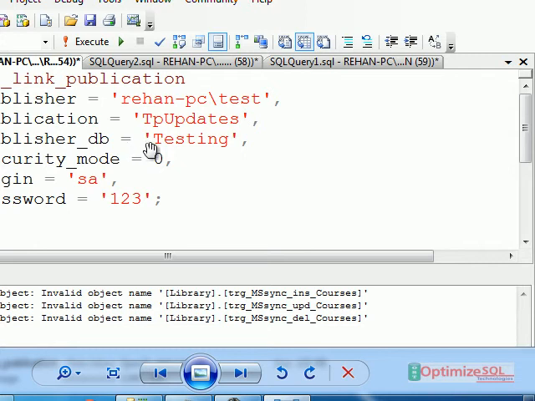What do we mention? Optimize in our case, for example. Database name. Next one is security mode, same, 0. Then login name SA, password 123 something, that SA password. Once you run that, it gives some message, but the information is updated successfully.